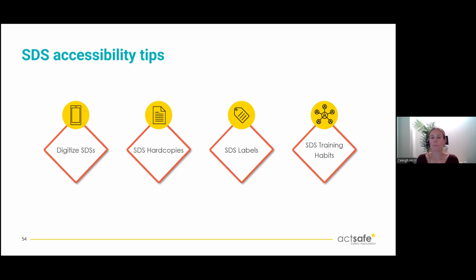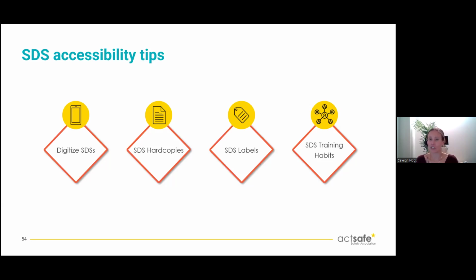Three, we want all the labels to be very clear. So matching every product to the label and to the SDS. This is the same product, the same name, the same spelling. You can do things like adding QR codes onto your hazardous products themselves. So you tape a QR code onto the bottle, you can use your phone, you can click the QR code, it takes you to the SDS for that. That can be a little bit complicated, but I would love to see that everywhere.